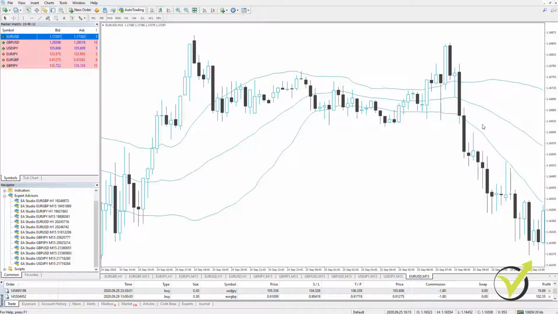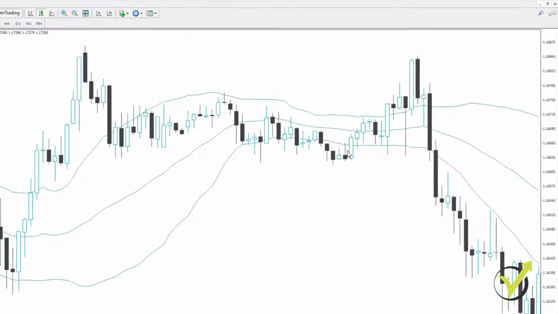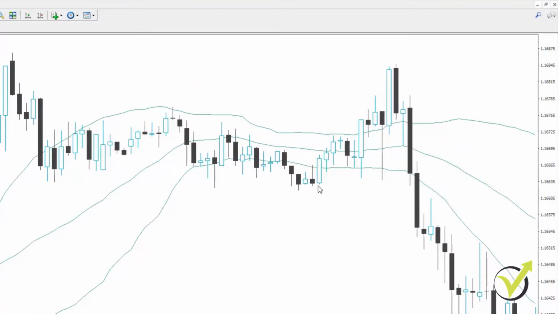Alright, so the entry condition that we have with the Bollinger Bands is that we buy with this strategy when we have 1 bar opening above the lower band after opening below it. Or just what we see right here, we have 1 bar that opened below the lower band, and if the next one opens above the lower band, this is our signal to buy.